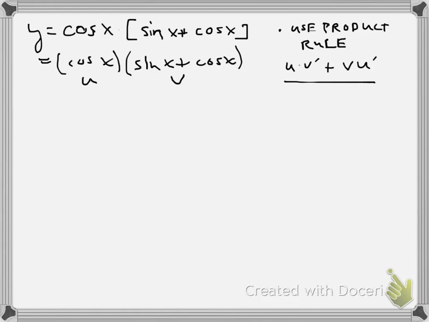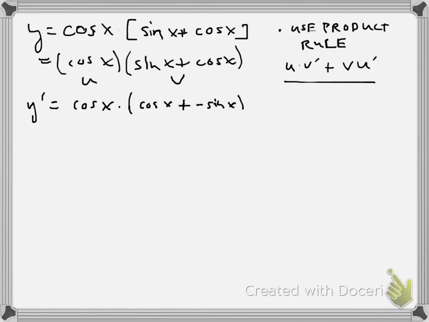Okay, so to follow along, we're going to do y prime, right? We're going to leave our u alone, cosine x, and then the first term we have to multiply by the derivative of v. So we're going to get the derivative of sine is cosine x, and the derivative of cosine x is negative sine x,